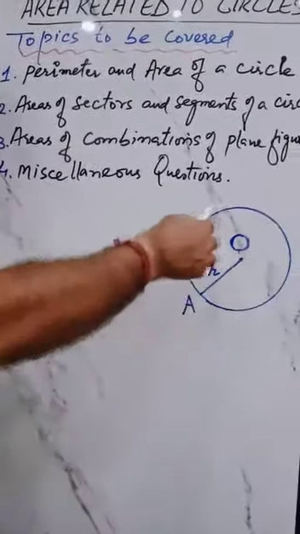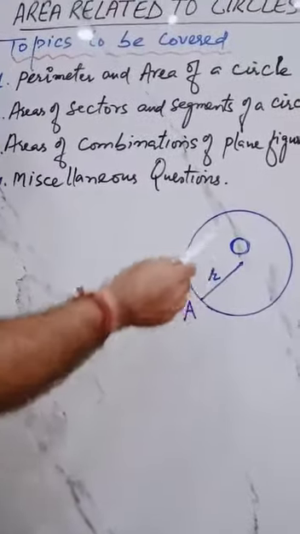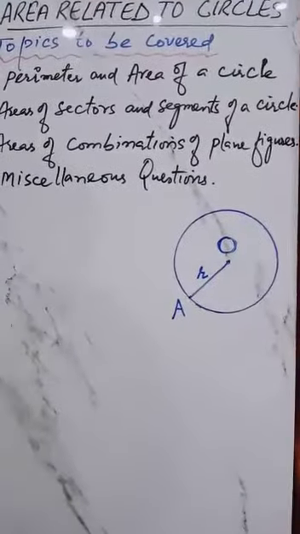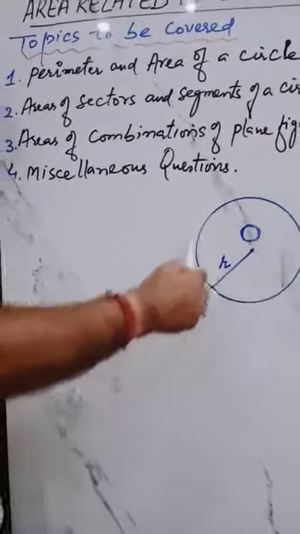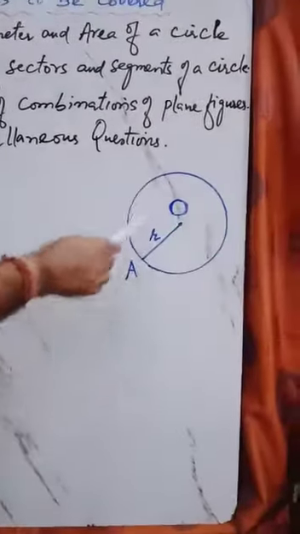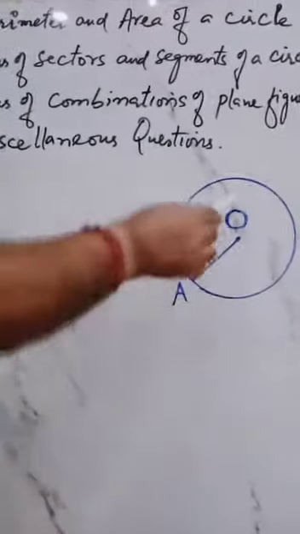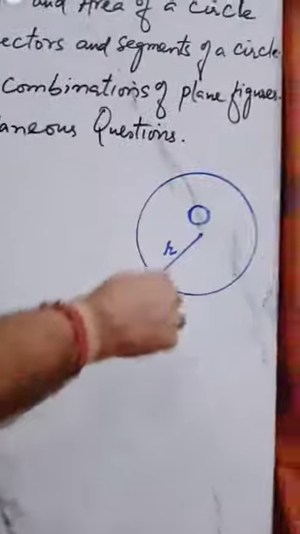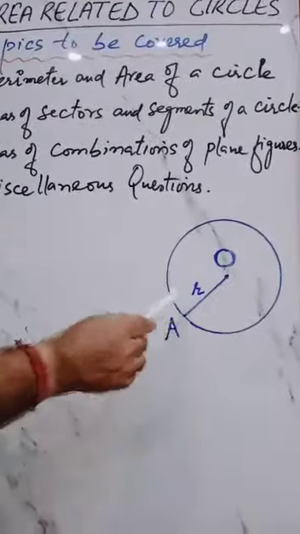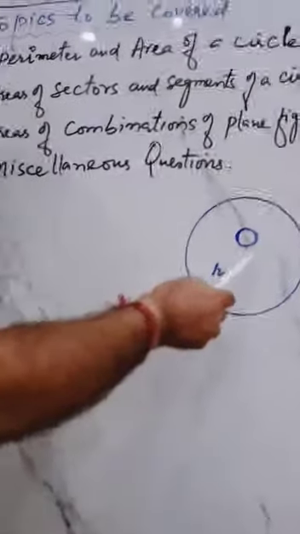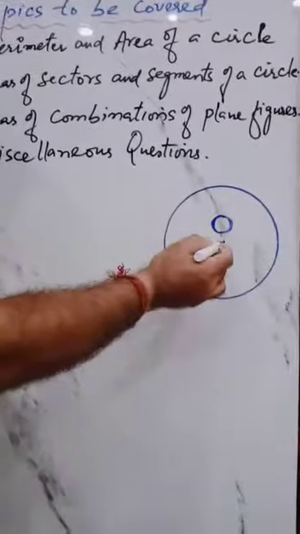So now this is a circle with center O and radius R. The circle definition was already discussed in the chapter Circles: if we have a collection of points in a plane and we join them to a fixed point, we get a circle. This fixed point is called the center of the circle and the constant distance is called the radius of the circle. So here O is the center of the circle, OA is the radius. A radius is a line segment having one end point on the circle and the other at the center.